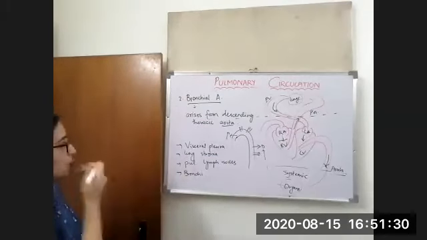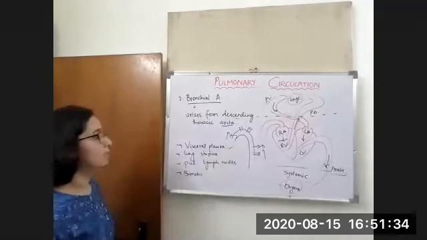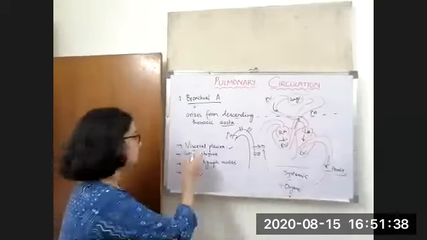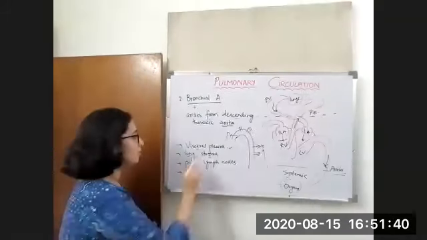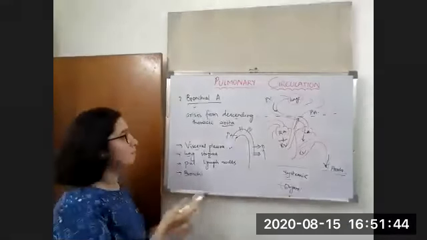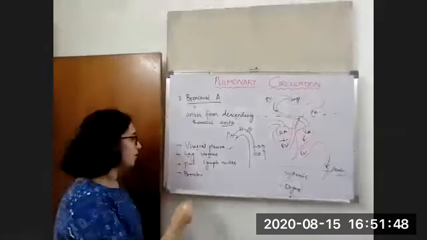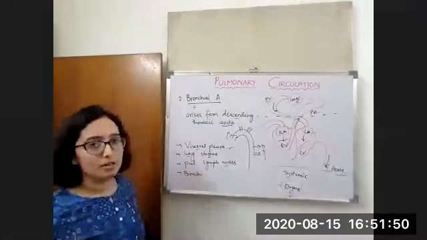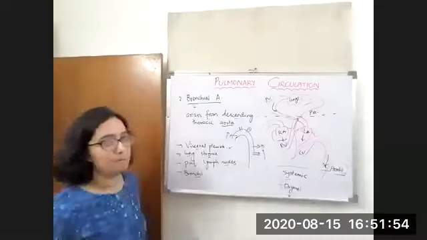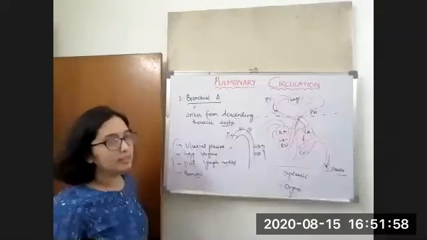Okay. So this bronchial artery supplies the visceral pleura. We saw in the last class there are two types of pleura, the visceral and parietal. So it supplies the visceral pleura. The lung stroma, it is nothing but the matrix, the tissue which the lungs are made up of. It supplies that. The lymph nodes present around the lungs are called pulmonary lymph nodes, and the bronchi. Okay. So this bronchial artery supplies these parts.